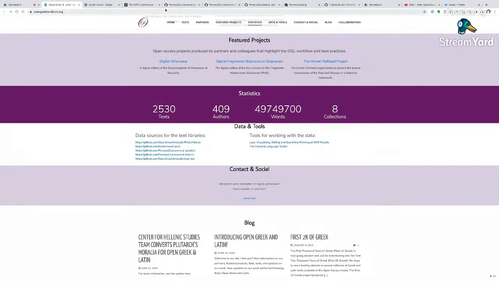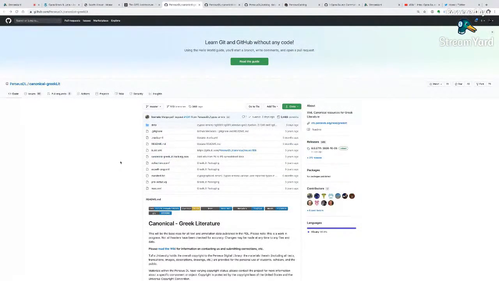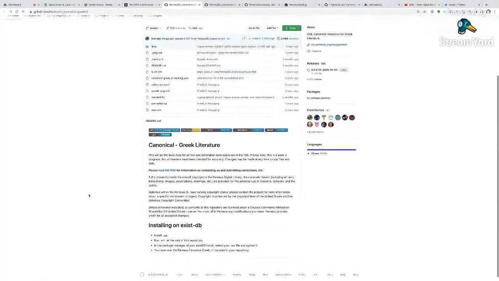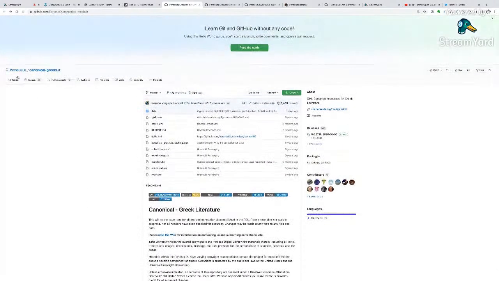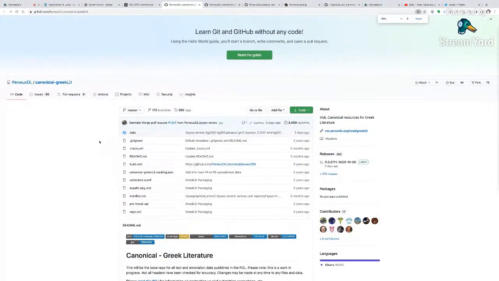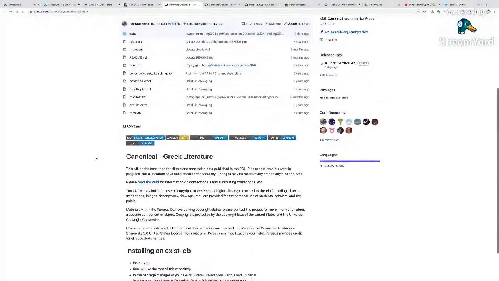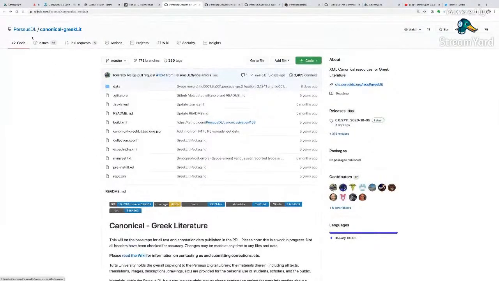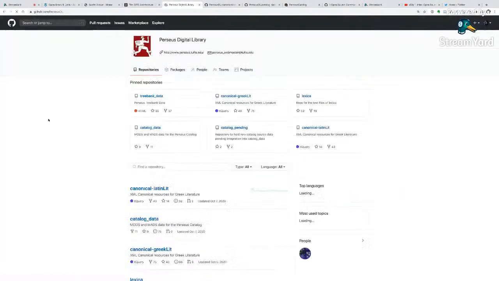And here I'm going to briefly show you the first repo in GitHub. This is a part of the Perseus Digital Library, which is part of the Open Greek and Latin. Perseus, of course, was the original project, starting more than 30 years ago, to produce open data for Greek and Latin. And within Perseus... Monica, could you zoom in a little bit, please? Yes, of course. Thank you, because of course I know that in YouTube it can be smaller. I hope it's okay. So here you have the first repo in Perseus DL, Digital Library.